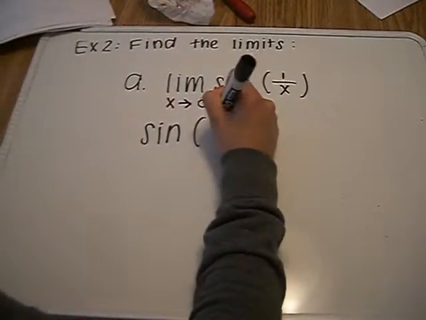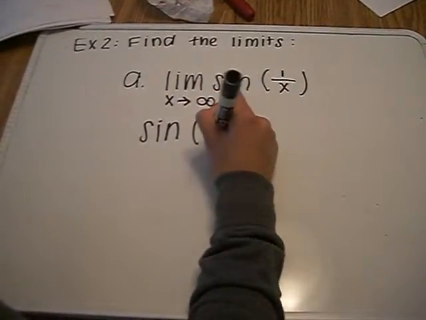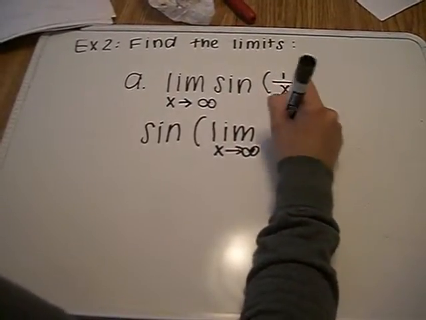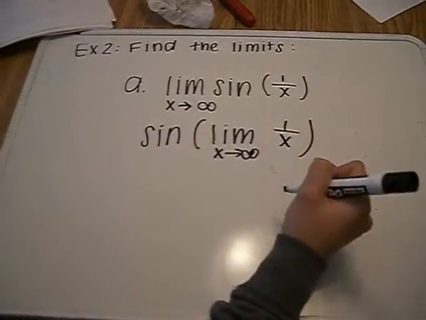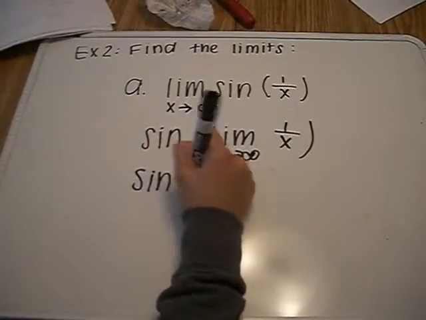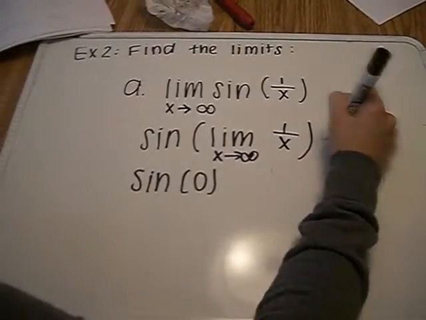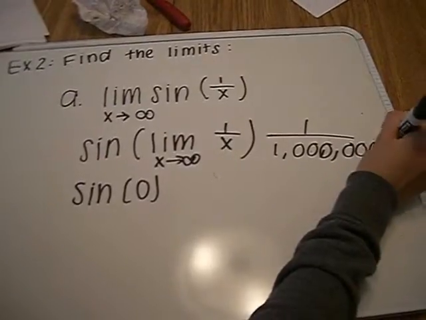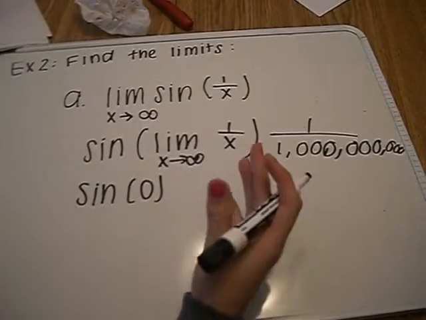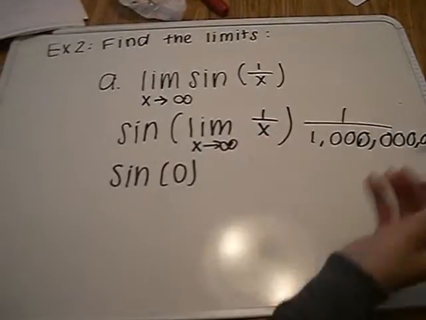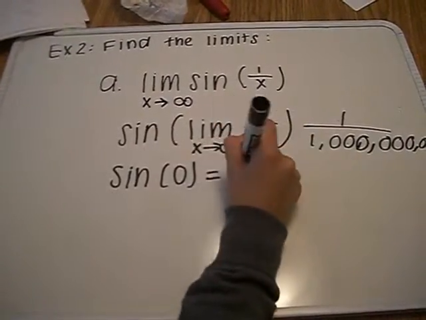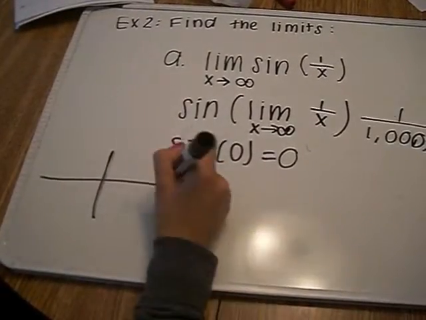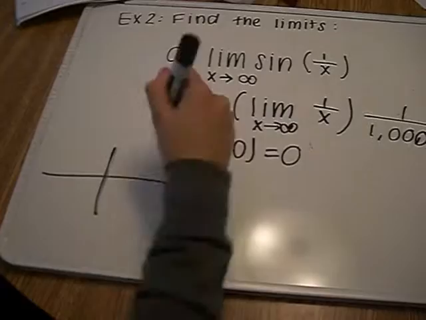So the sine of the limit as x approaches infinity of 1 over x, this ends up being the sine of 0 because 1 over a huge number is eventually just going to end up too small for us to comprehend, so it turns into 0. So the sine of 0 equals 0 because of the unit circle. Where is sine equal to 0? Equal to 0 there. And this is how